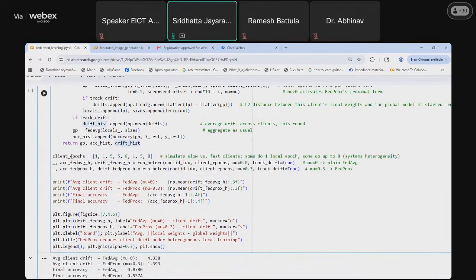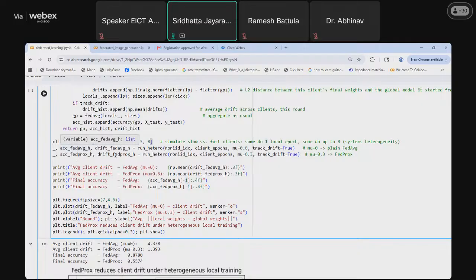Now, for client epochs, we have defined 1, 1, 5. These are the varying client epochs. The first client has the capability to run only one epoch, the second has one, the third has five, like that. And we will be running this algorithm using different mu values, mu equals 0 and mu equals 0.3.